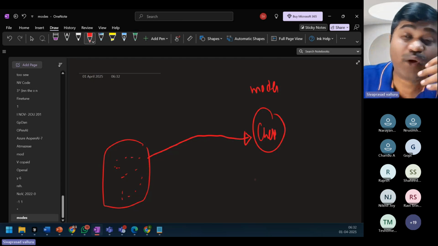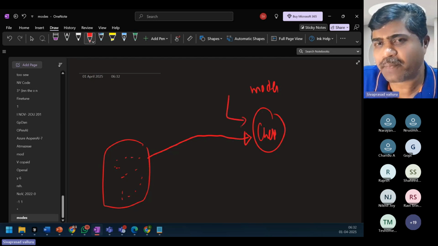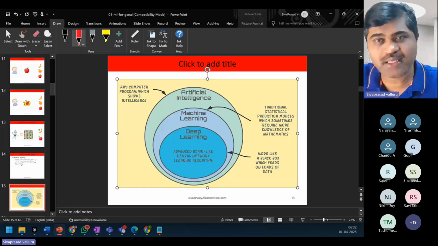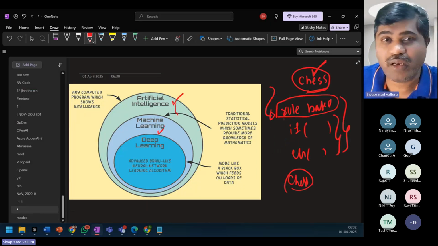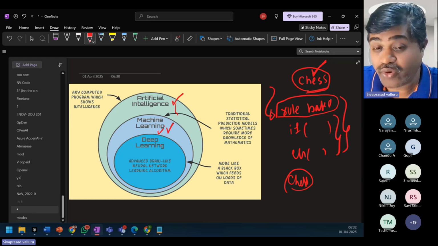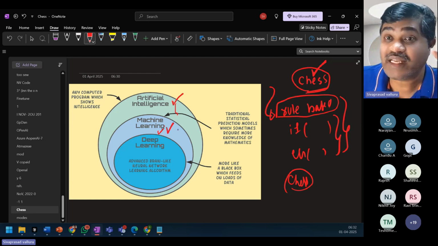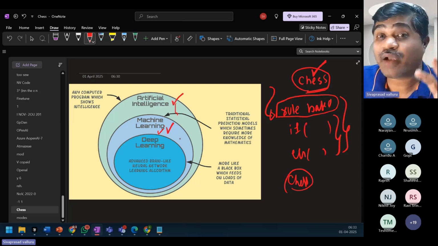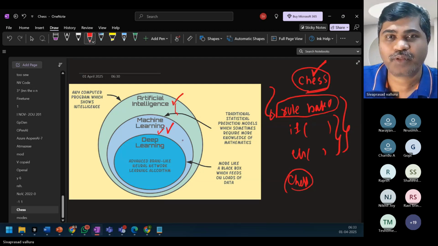Now once this trained chess model is trained on data, if I give any input step, it will predict what should be the better or best next step. So yes, after you train the model, I can say that the same chess application is displaying artificial intelligence, but it is using a trained model behind the scenes to predict the next moves, right?